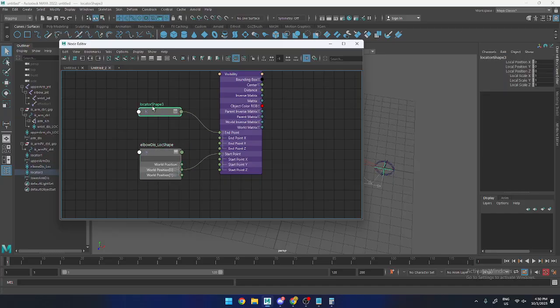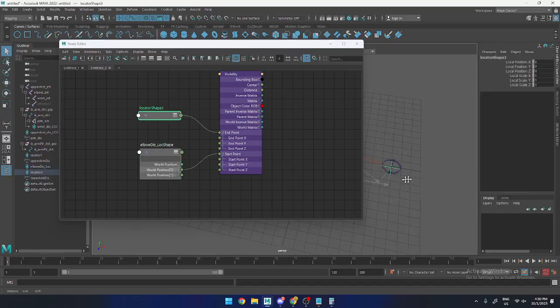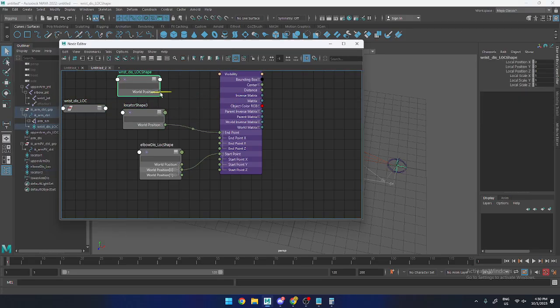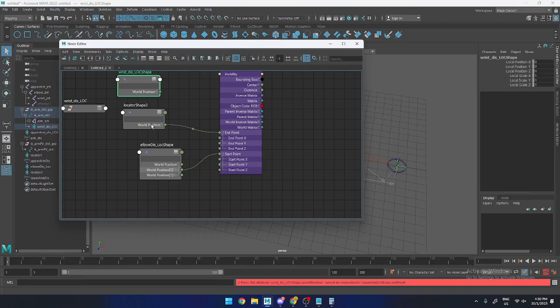Okay, the endpoint here. This one should be the wrist. So I carry the wrist locator inside. This one no need, the wall position. Just connect to it. Okay. Why can't 怎么做不到了？